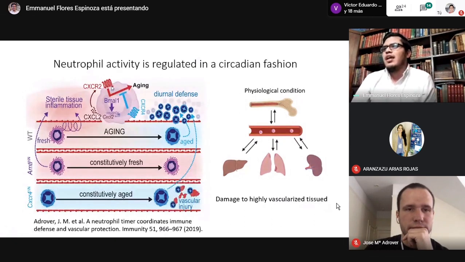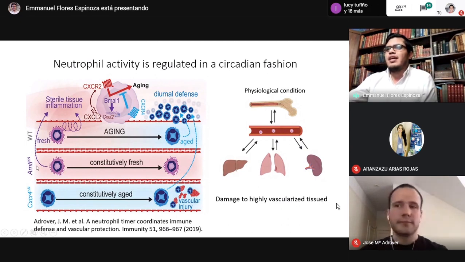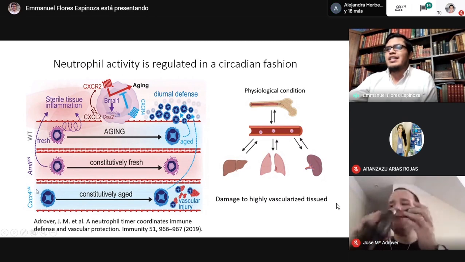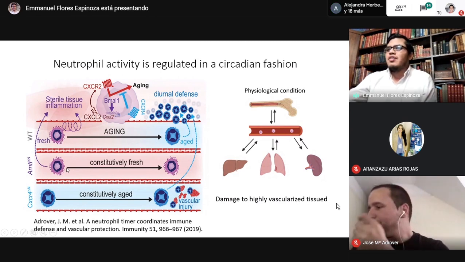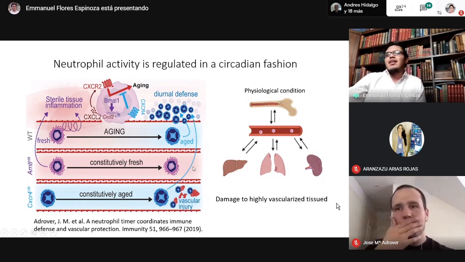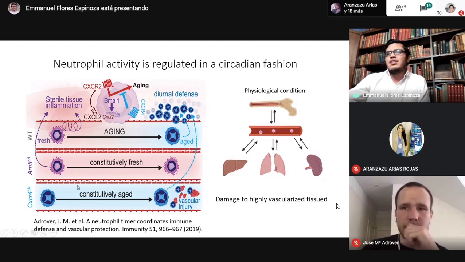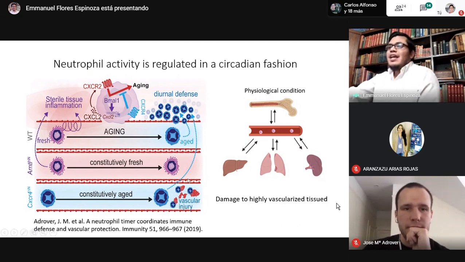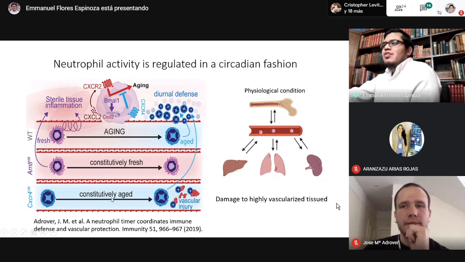activates the CXCR2 receptor, and this receptor in the neutrophil promotes a signaling cascade that induces the aging phenotype in these neutrophils. To understand how this works, they produced Bmal1 knockout mice and CXCR4 knockout mice, specific to neutrophils, and they saw that you can have constitutively fresh neutrophils or constitutively aged neutrophils through these mutations. And one important observation of this work is that constitutively aged neutrophils cause